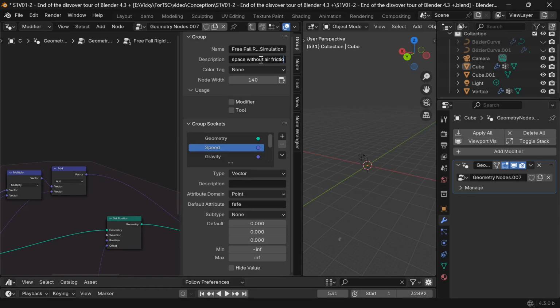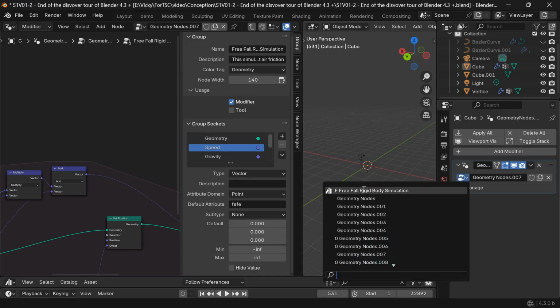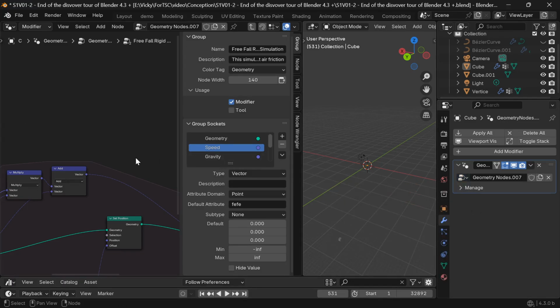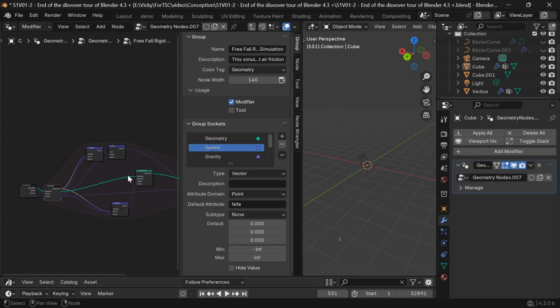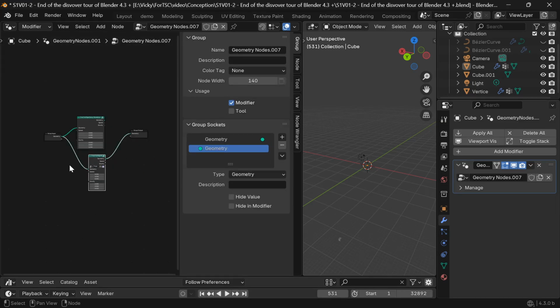The socket group part is more interesting. I go back to the parent node and drag the socket of our simulation group and connect it to the input of the group. I also add a geometry node modifier and choose our simulation group. Like that, we can see the render of our setting in the geometry node editor and in the properties editor.